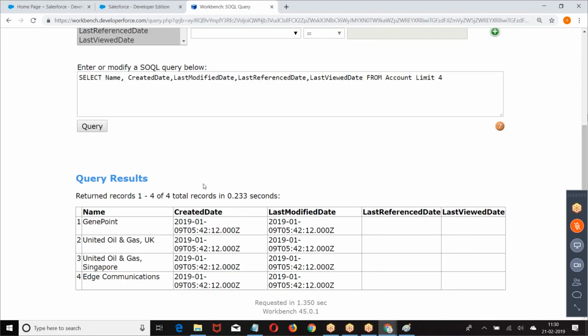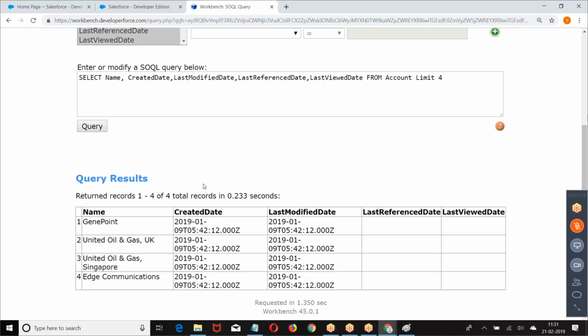All these records were actually created on a particular date. When I told limit 4, they are not coming based on the created date. They are not coming based on the last modified date. They are coming based on most recently used. Whichever records are frequently used will come on top. So based on the usage, you'll be getting the records.